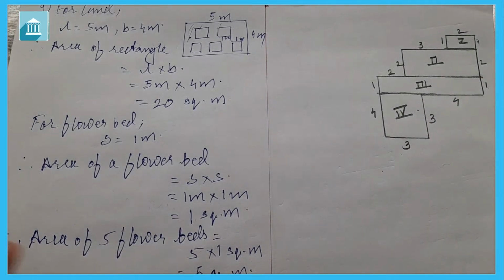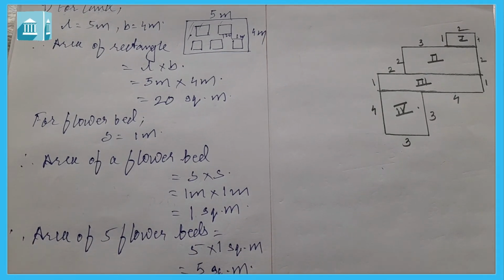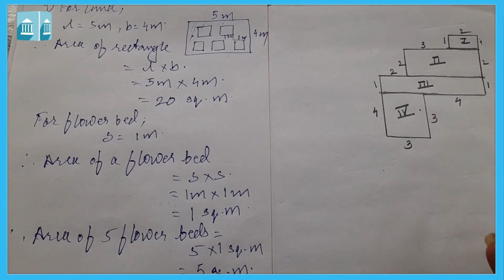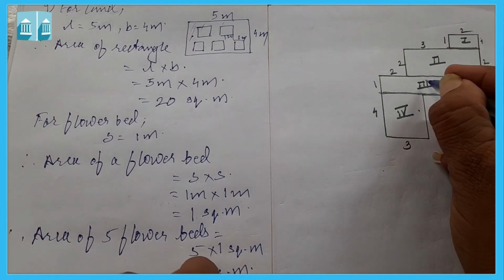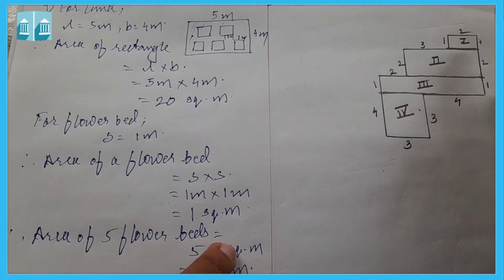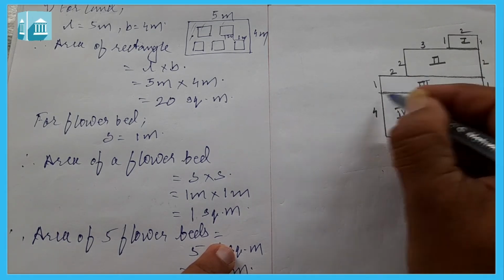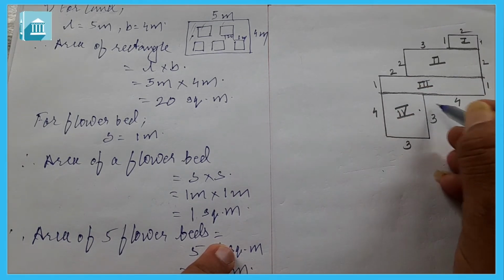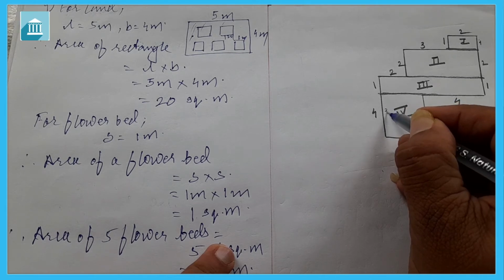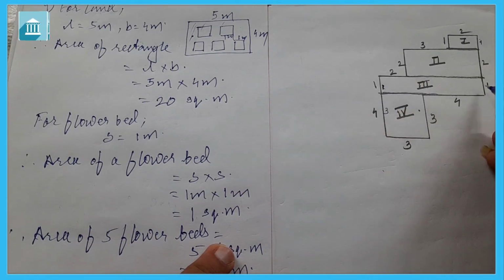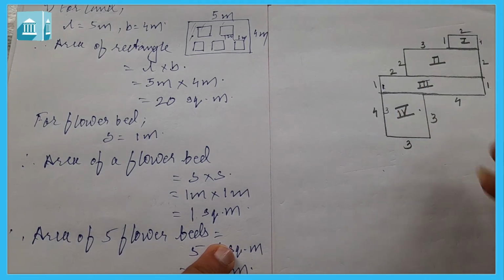Now we have to find out the area of all these rectangles and then we will get the total area. Again I am telling, this is 1 centimeter, this is 2 centimeter, here this is 1. Now how we got that this is 3 centimeters, so this will be 3 here, so this will be 1. In the same way this also 1. Now this is 4.